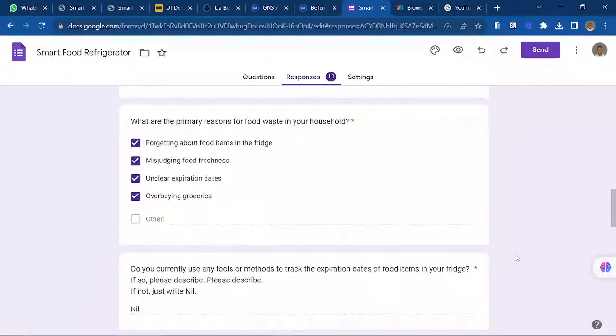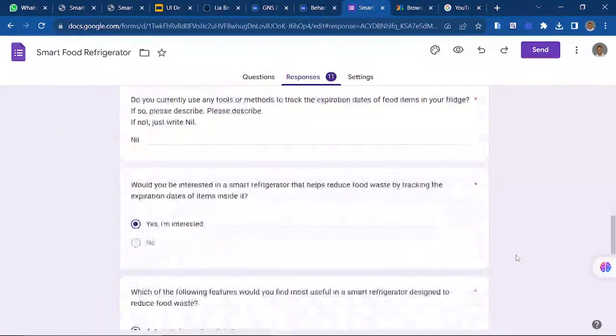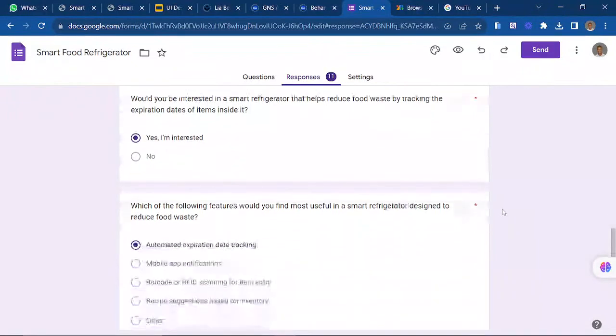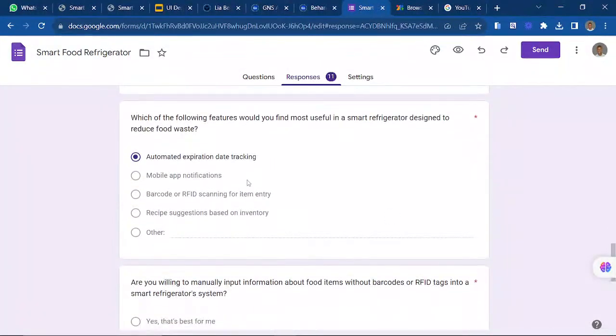That means he's the kind of person that has been in the shoes of food wasting. So he said he will be interested in food waste tracking that tracks the expiration dates, right? So he clicked on the automated expiration date tracking. So that's his main focus on that app.